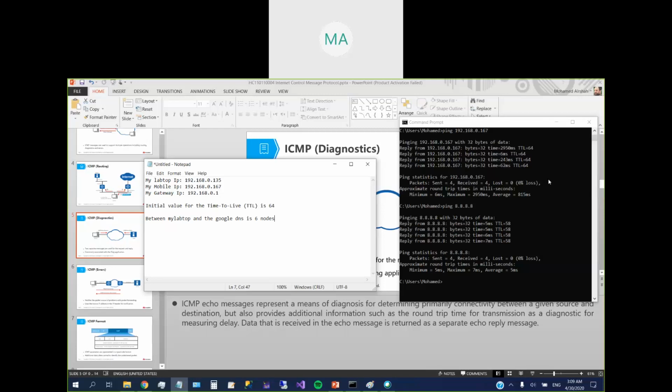It has a lot of loss, and also it can have maybe other networks nearby, maybe from the neighborhood, affecting my wireless network performance. That's why we can see the delay is very high. But when we ping the Google DNS, that will be going through the wired network, which will take